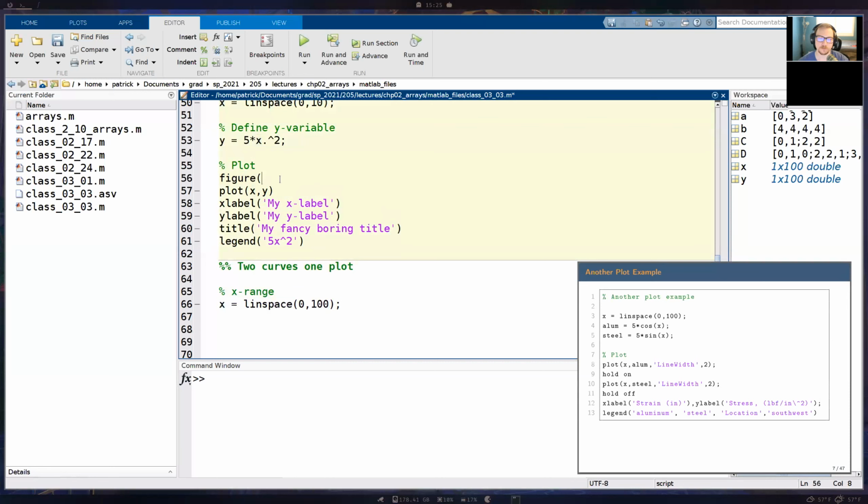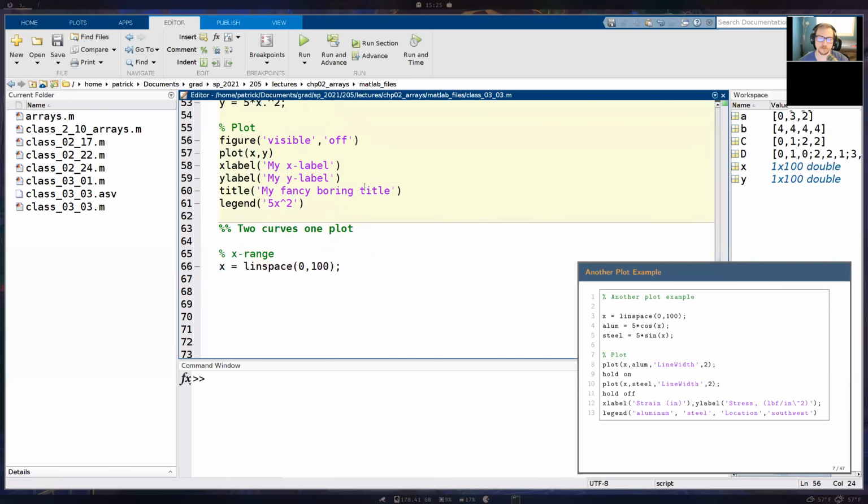On the line before my plot function, I'll type figure, and in quotes I'll put visible, and in other quotes I'll put off. Now if I run this, you can see it in the command window, and my plot isn't going to show up.